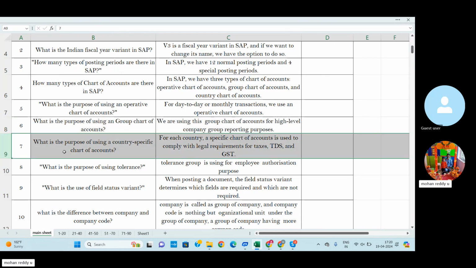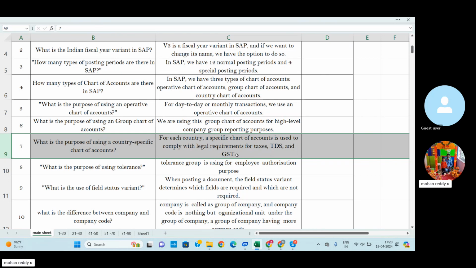Then again, what is the purpose of using country-specific chart of accounts? For each country, I already told, each country has separate rules and regulations. So for this purpose we are using country-specific charts of accounts. Like in our Indian country, for our Indian company, for example, India has introduced the GST.